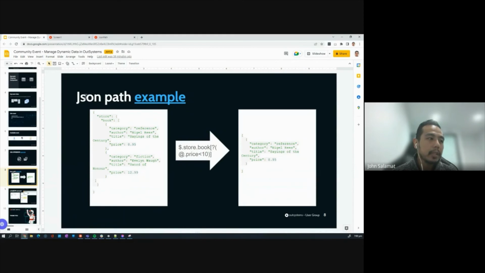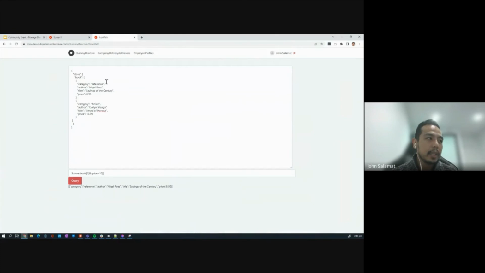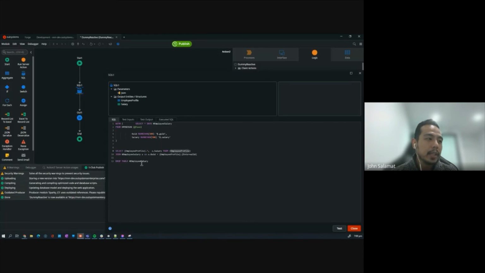component in here. So this is a sample JSON. You can basically query using the JSON path, and it would return the result set based on that query. And I got here that example. If I hit query, it's already in there, but you can see it's filtering out whatever the JSON that I have